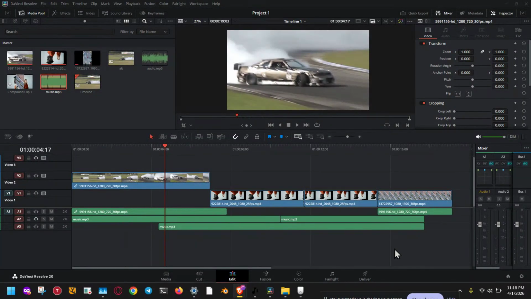In this video, I'm going to show you how to create slow-motion video in DaVinci Resolve 20 using a few simple methods, so you can choose the one that fits your workflow best. Whether you want to slow down an entire clip or just stretch a specific section, this tutorial will make the